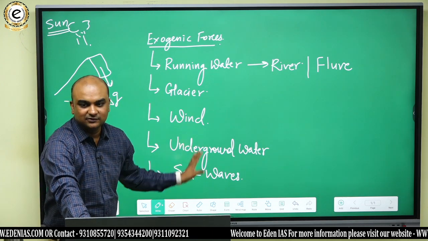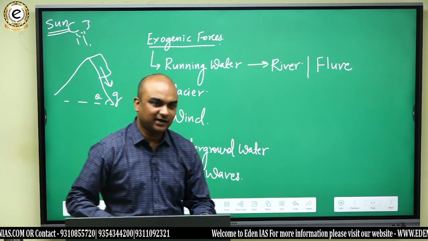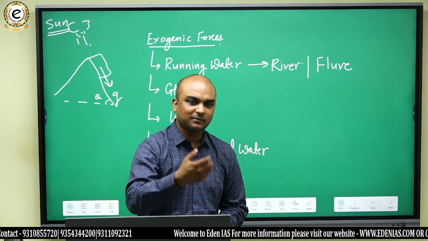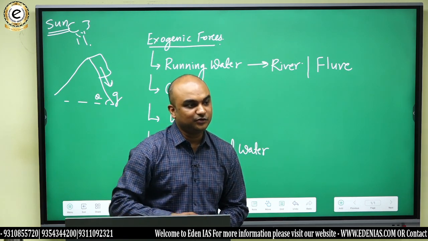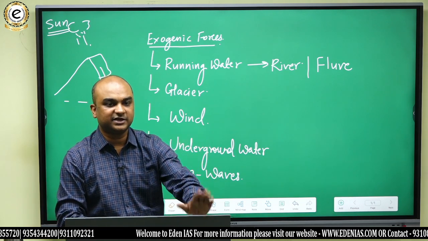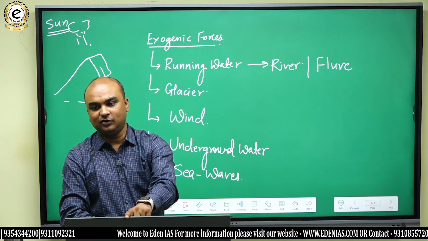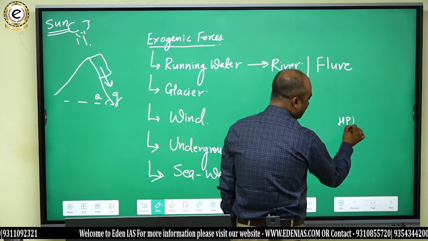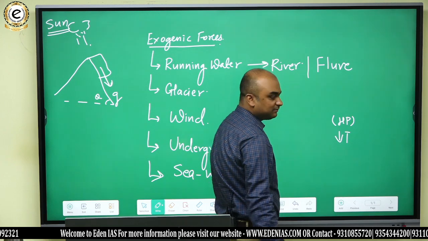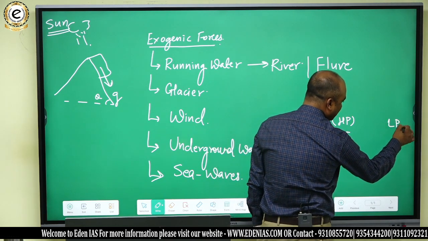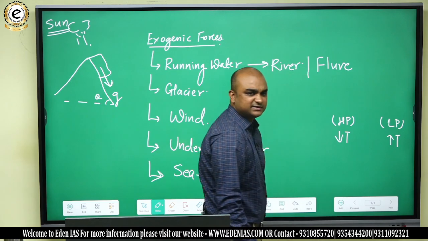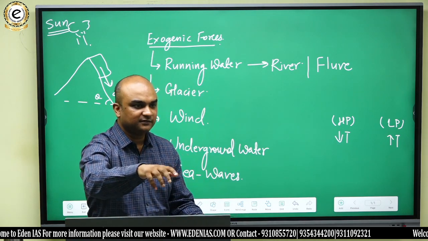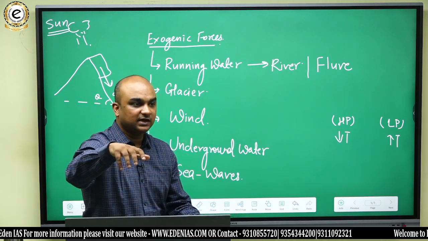Now wind. What is wind? We all know since our childhood that the horizontal movement of air is known as wind. And wind always blows from high pressure to low pressure. And you know, wherever temperature is high, the pressure is low. And wherever temperature is low, pressure is high. So if we have high pressure somewhere, what kind of temperature we have there? Low temperature. If we have low pressure somewhere, what kind of temperature we have there? High temperature generally. That's why over the summer season, the pressure that is developed is low pressure. Whereas in winter season, the pressure that is developed is high pressure.